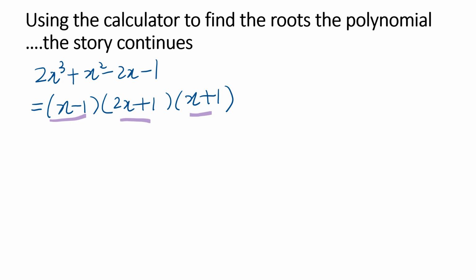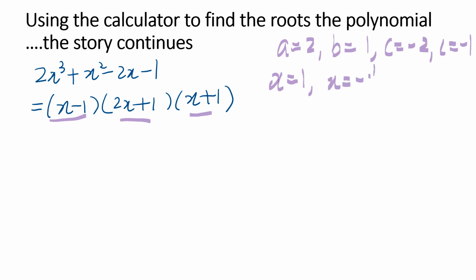And we want to use the calculator to help us verify if our answers are correct. So we use the calculator and key in the values for A, which is 2, B, which is 1, C is negative 2, and D is negative 1, right? Then the calculator will give us the answer x equals 1, x equals negative half, or x equals negative 1, right? So we are going to convert all this